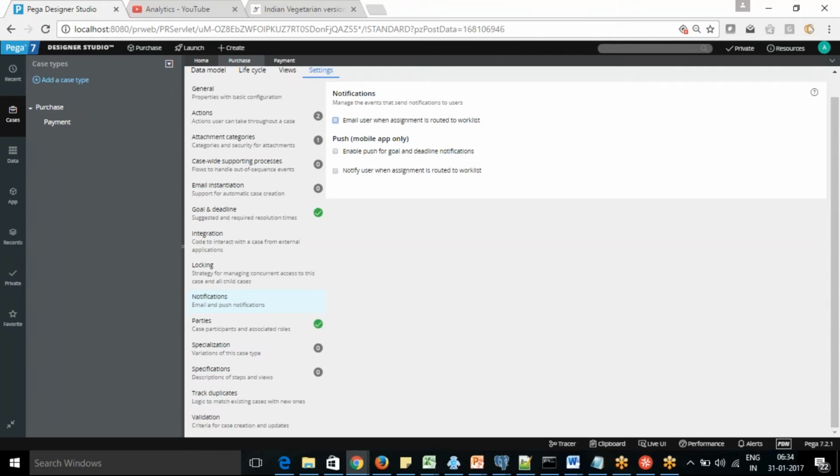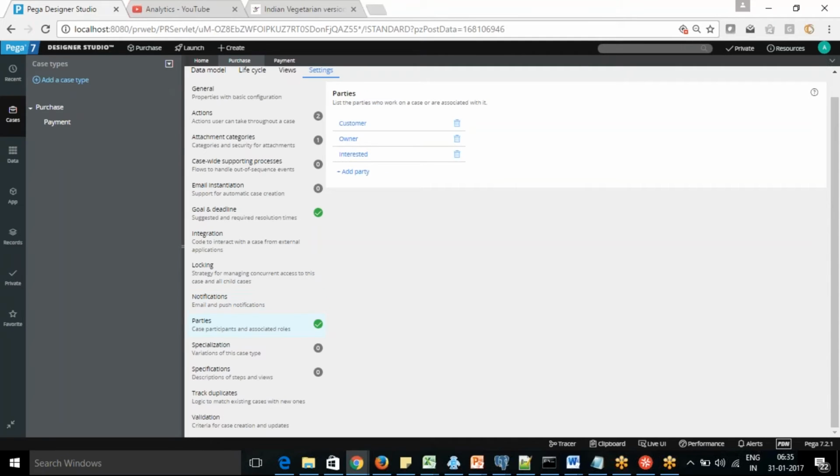So Pega has that feature also. Someone has changed the status of your work object, so on the mobile you will get that message. The case status is changed, or a deadline is coming and you want to work on that. That type of thing you can set at the mobile level. So that we call push notification. Okay, so that also we are able to do.